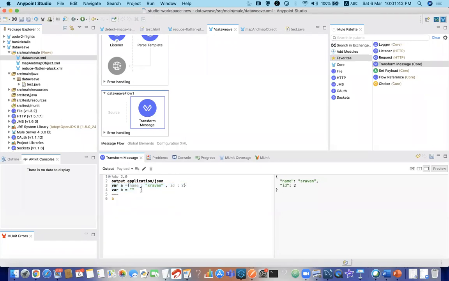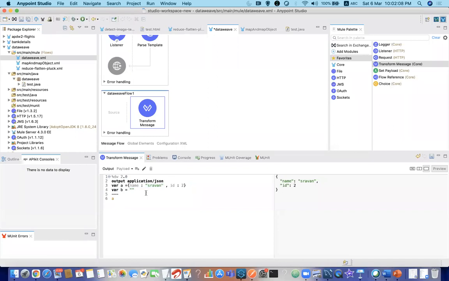I don't know whether Manik can explain. Manik, do you want me to explain? I can add. Yeah, you can add. If you see the structure of DataWeave, anything before the 3 dashes is called the header part of the script, and after that is the body of the script. So the 3 dashes separate your header and body.